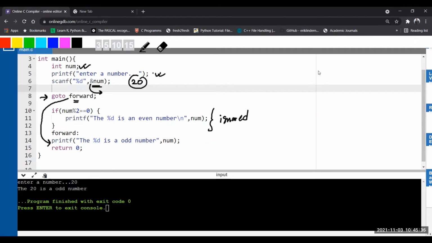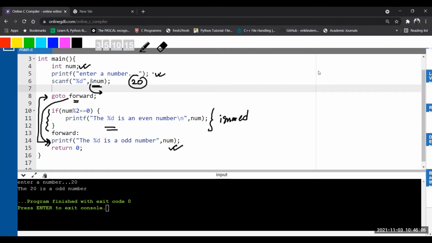So here forward is there, and printf is now going to be executed. Although output is not a concern here, I just want to discuss the forward goto. See what happens in forward goto. The number of statements that we have written between the goto statement and the label will be totally ignored by the program control during execution. This is forward goto. Now I hope you understand what backward goto is and what forward goto is.